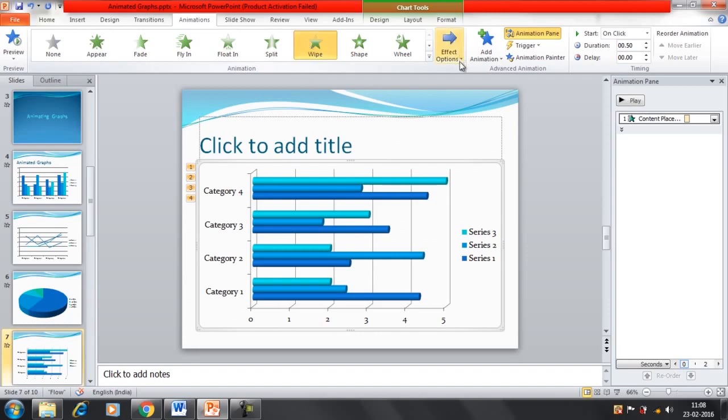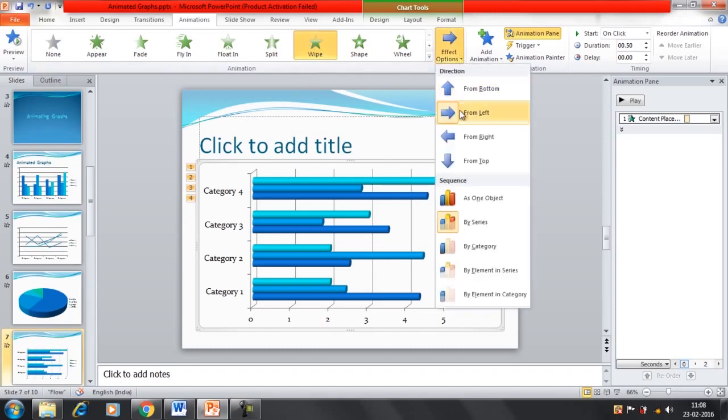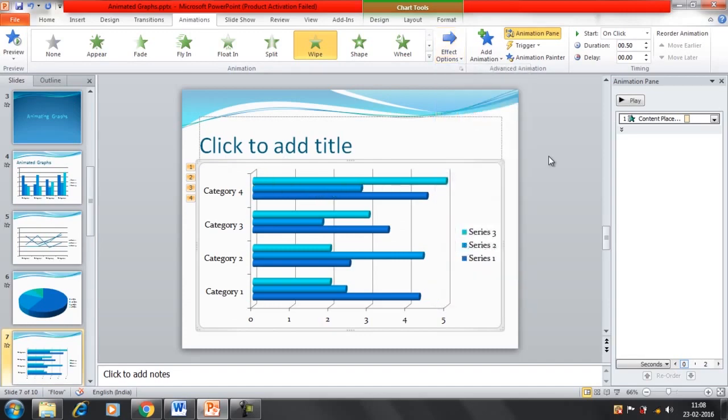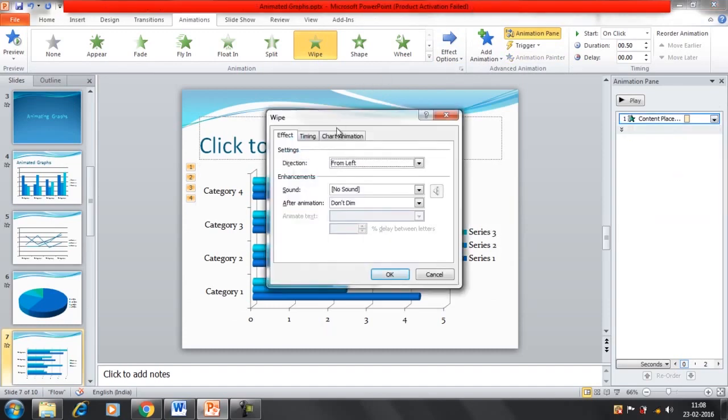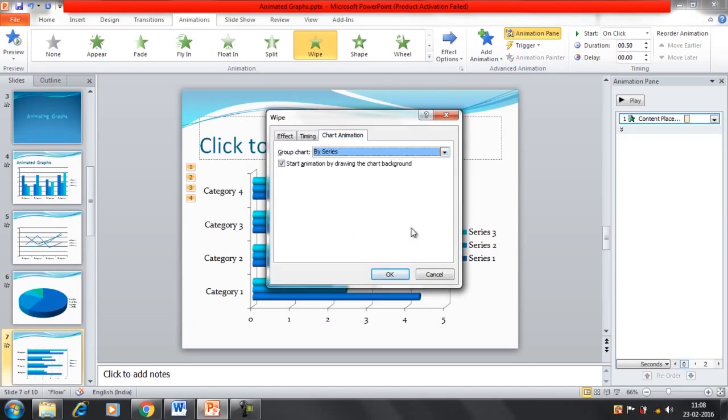Under the effect you can select from left, the same thing. We just want the bars to appear in a left to right direction. So select this, apply the wipe animation, and after that again under the effect option you have to select chart animation by series.